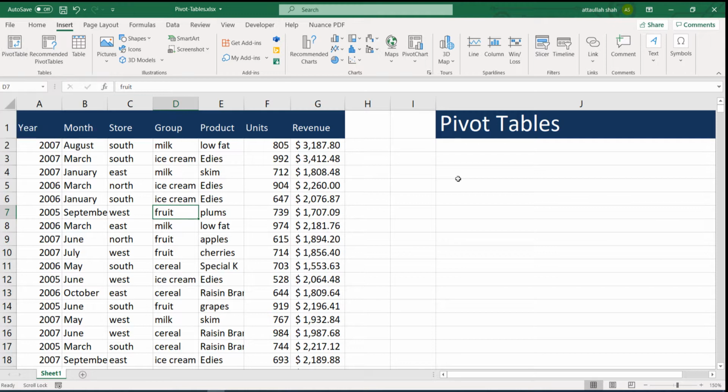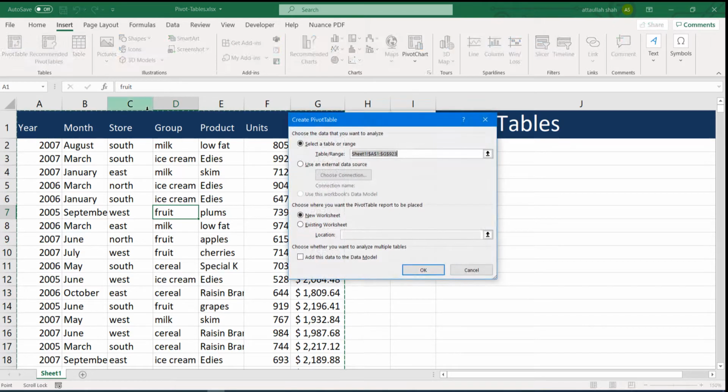and it brings up a dialog box which says select range. So the range is already selected, I think it's okay, I will not change it. And it will create the table in a new worksheet, so I will not change that. Let's go with the new worksheet, and I'll click OK. So actually I have changed nothing in this dialog box. I just click on the pivot table, and whatever are the default options, I'm not going to change those. So I'm clicking OK.